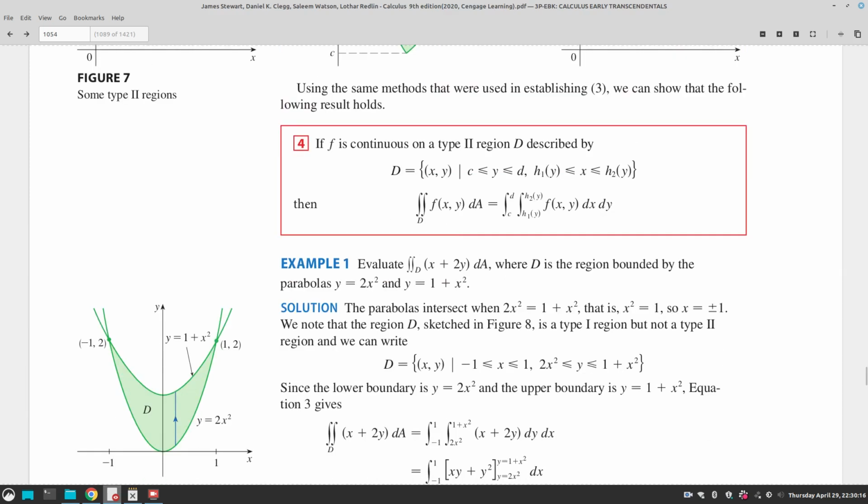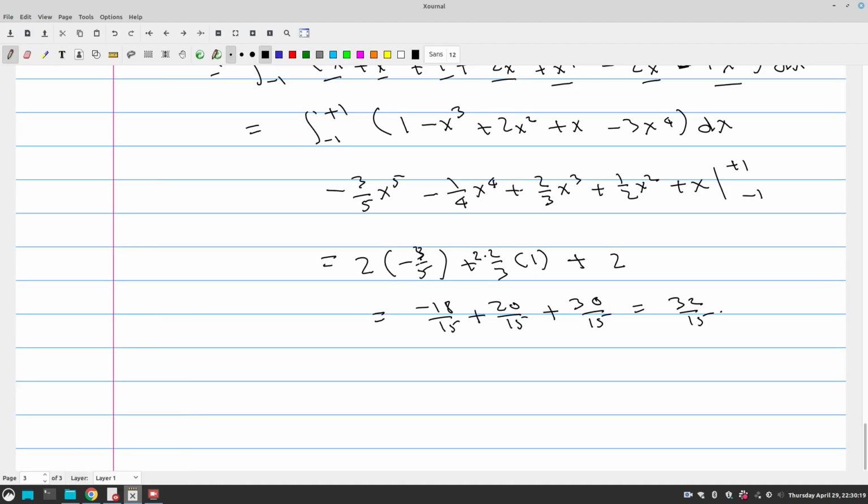A type 2 region is one that is between two functions of y, meaning the x limits are constant, a to b, but the y limits,